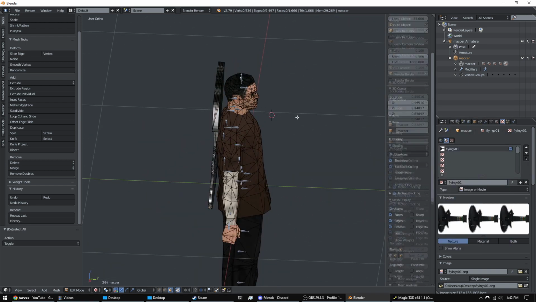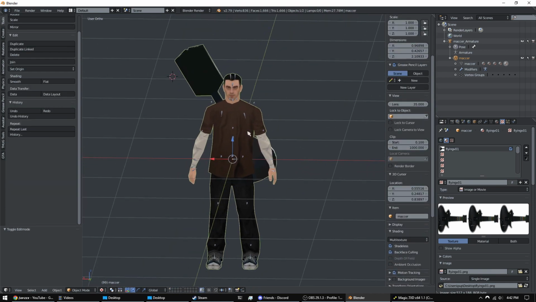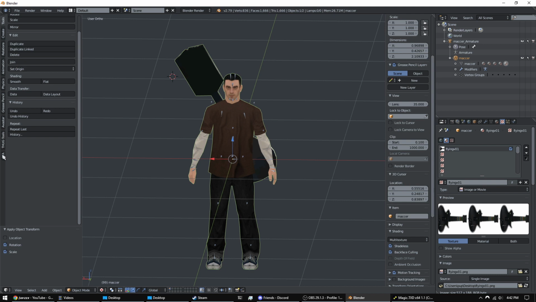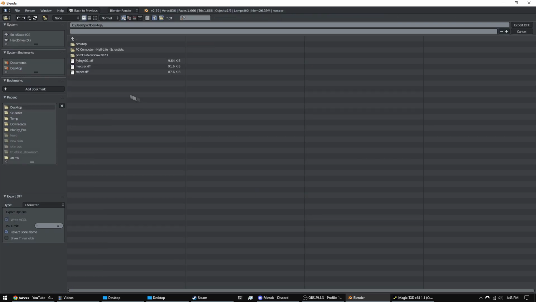So now what we're gonna do is export this as a DFF to put into our game. So select your mesh and hit Control A, apply location, rotation, scale. Just apply all those. Make sure all those are applied, and then go to File, Export. Actually, no, sorry, don't do that. Go to GTA in this tab again, and then Export, DFF Export. And we're doing a character, so we'll set the type to character, export, and then save it as,